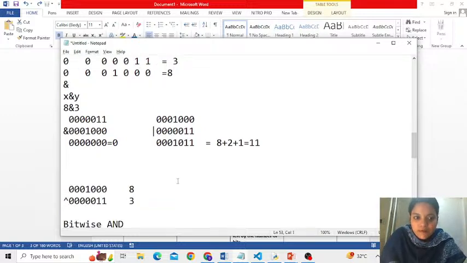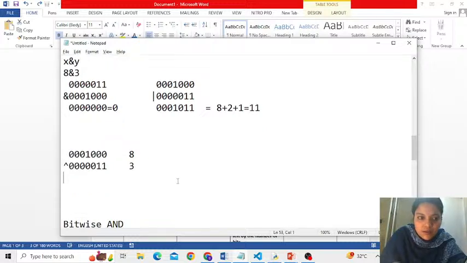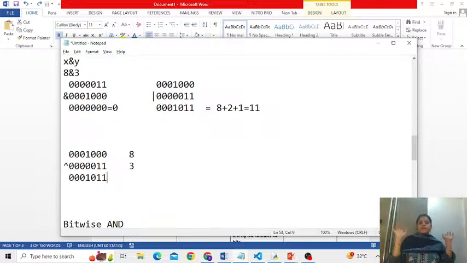Is that okay? Fine. So what happens for XOR? These two bits are the same, both are 0 0. Output 0. 0 0 0 0. The two bits are different now. 1. Sorry, same. So 0, 1 and 1. That means, is it giving me 11?